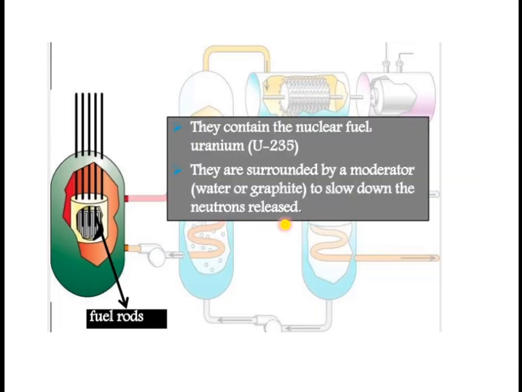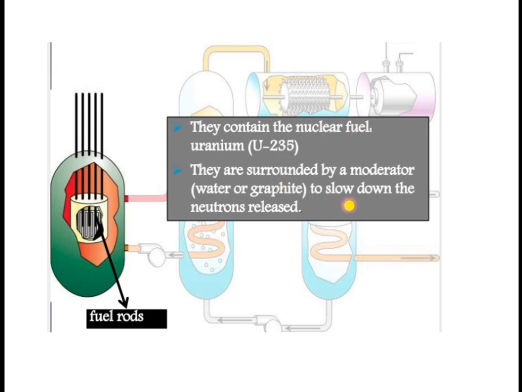Now, one very important thing is that these are the fuel rods placed here. Everybody knows that in a nuclear power plant, as the name suggests, the nuclear fuel may be uranium or thorium, and in certain cases plutonium, but in very rare cases. Uranium 235, uranium 92, 235, is the main nuclear fuel used in a nuclear power plant.